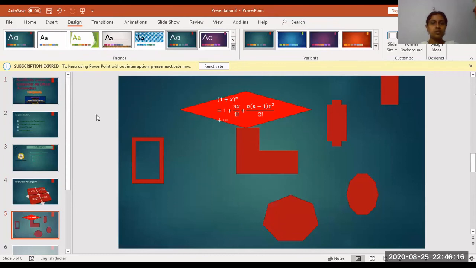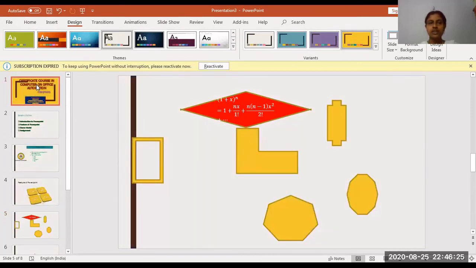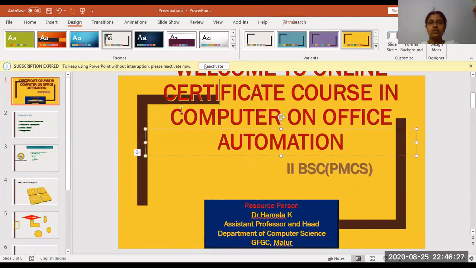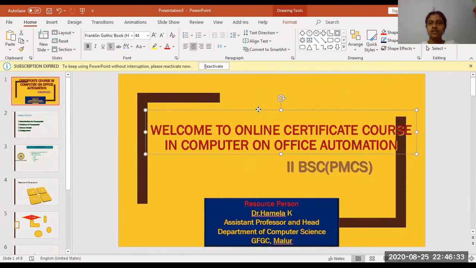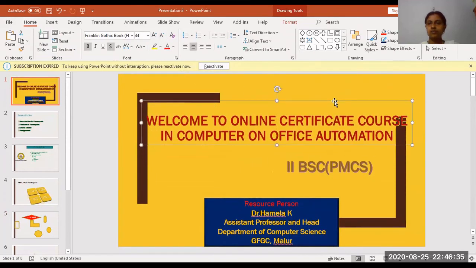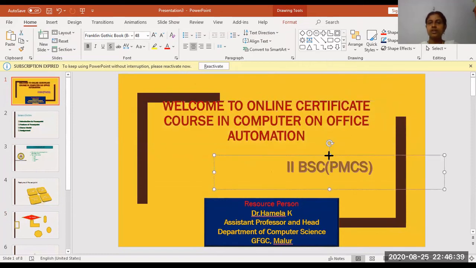Some other options I wanted. I want basically this background, according to this. Here also I have color combinations to decide which background I want. See, like this according to my requirement. So only one thing, if your screen size goes beyond the limit, adjust it. Just see, adjust. Let me move it, okay. According to your requirement, adjust the screen.